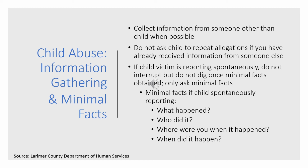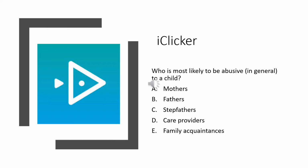And we try to just interview them minimally, like one time, and record the interview. We have agencies in town who do that. And then that interview can be replayed through law enforcement proceedings or child protective service work, but we don't have to keep interviewing the child. So as we talked about, this is mothers. Mothers in general are more likely to have higher rates of child maltreatment. But if we're looking more specifically at sexual abuse or violent physical abuse, then that's more likely to be a